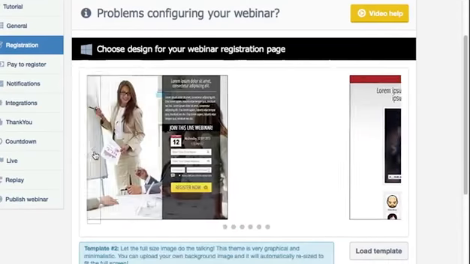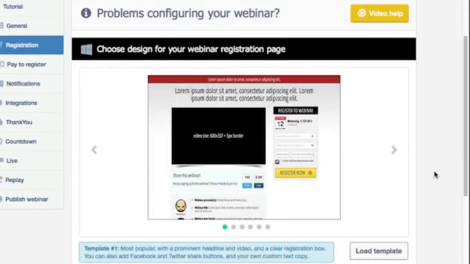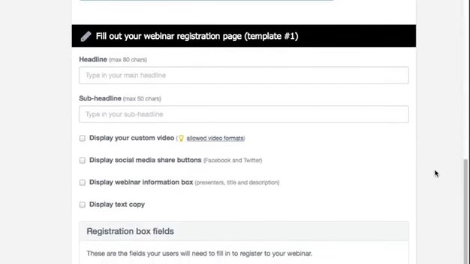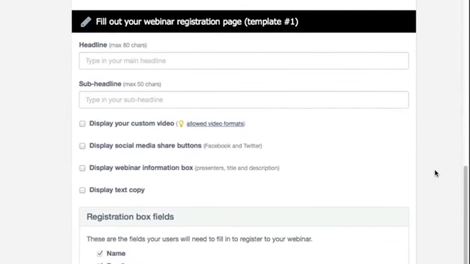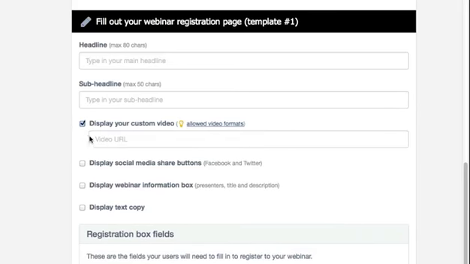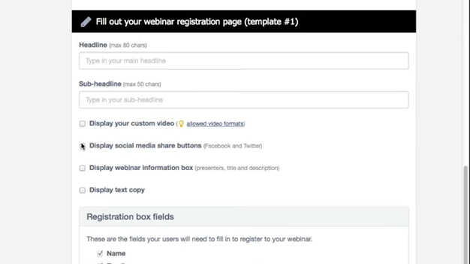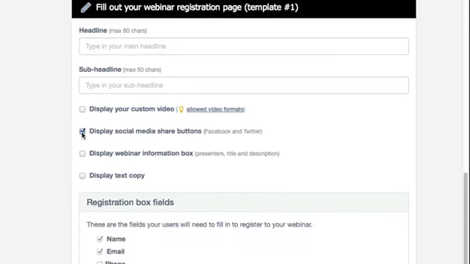So let's say that I like, for example, this design here. I load it into the template. Now all I have to do is type in the information I want to display at the registration page, like the headline or the subheadline. When I want to display a specific video, all I have to do is enter in the URL of the video, and of course you can host that at YouTube or Amazon or even on your own server in the cloud, wherever you want. Here you can decide whether or not you want social media share buttons to be displayed